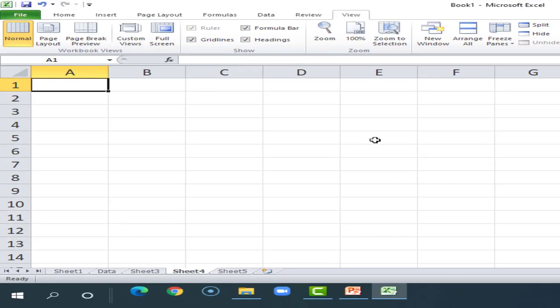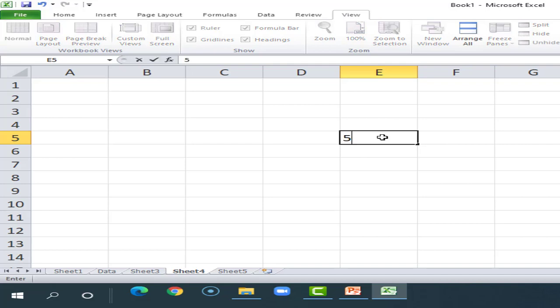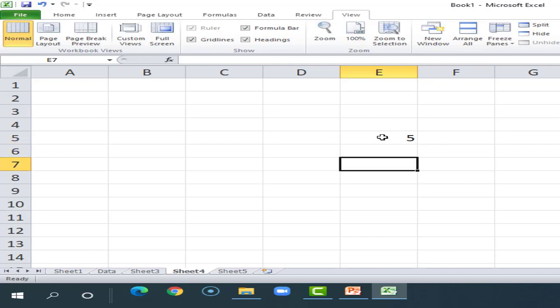Now if you want to enter some data, select the cell where you want to enter the data. Whatever cell you have selected is called the active cell. You can enter a text value, a numeric value or whatever value you want. If you want to navigate from one cell to another cell, then you can use the arrow keys. You can use the left key to navigate to the left, up key to navigate up, right key to navigate right, or down key to navigate down from the active cell.